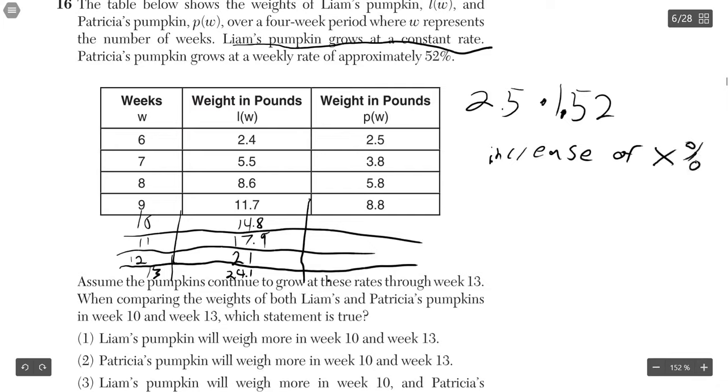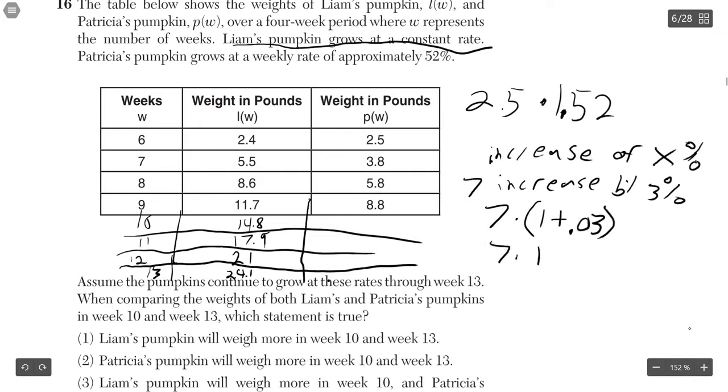So let's say you have $7 and you want to increase by 3%, that's going to be 7 times 1 plus 3%, which is the same as 0.03, right? Times 1.03. So that's how increasing percents work. So if it's increasing by 52% each week, so at week 9 it's